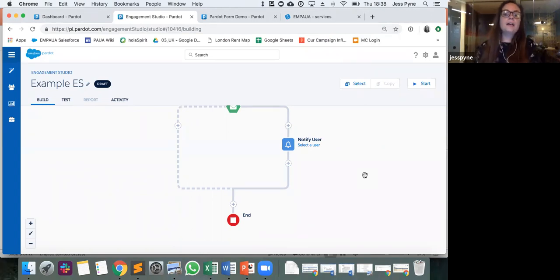So let's say that in this case, if somebody did open the email, we would notify the user. I'll just leave that blank. Yeah, so we would notify the user, but actually what we would do, let's say if somebody does, for